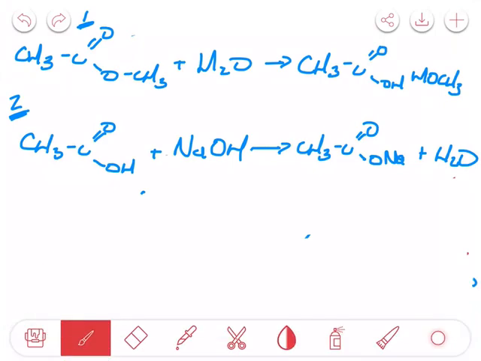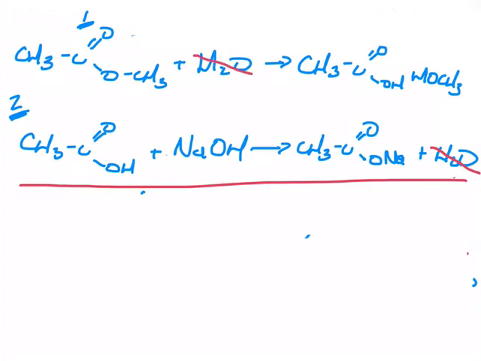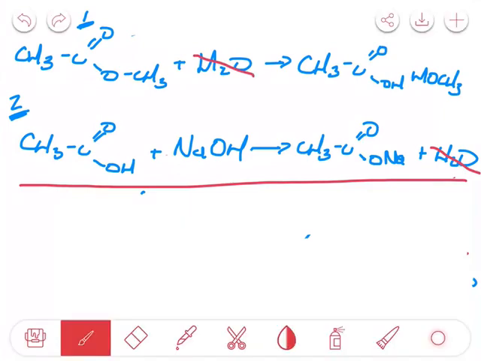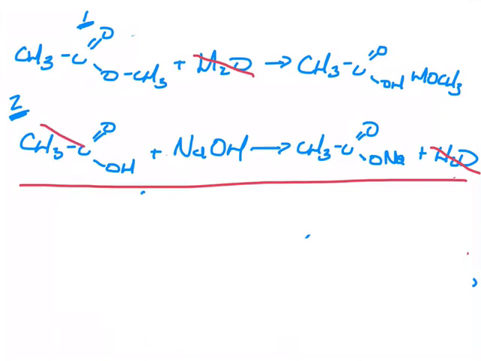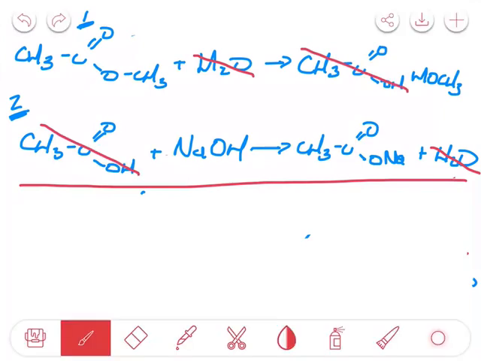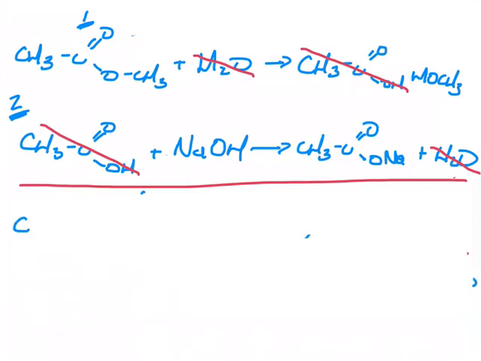And what I'm going to do now is I'm going to add the two reactions together and cross out anything that is the same on both sides. And I hope what you can see here is I've got water on the left and on the right, and I've also got my carboxylic acid on the left and on the right, which means what I'm left with now is